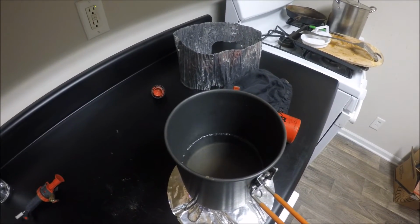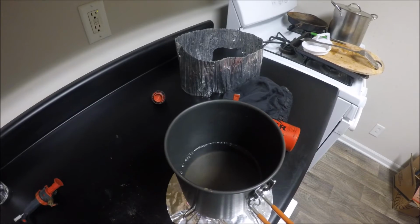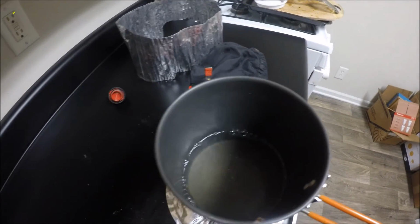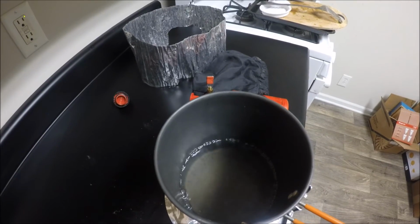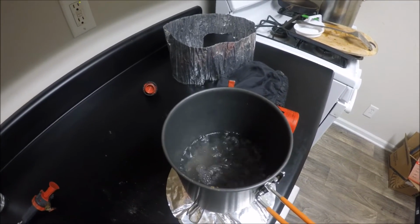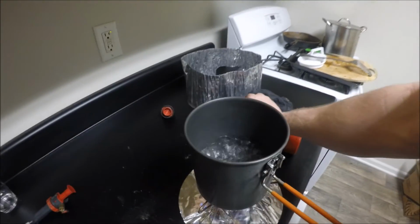I mean, we're around 1.5 minutes right now, and that's roughly 2 cups of water. And that's about it. We're sitting there right at the edge of a boil. If I had a lid on this pot, it would have been boiling probably 45 seconds ago. But that's it right there. Let's see, we're at just over 2 minutes, and it's just raging into a boil. But, you know,